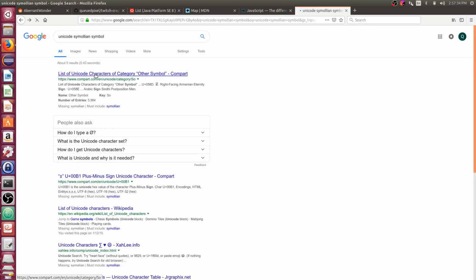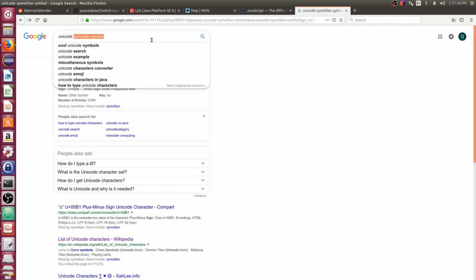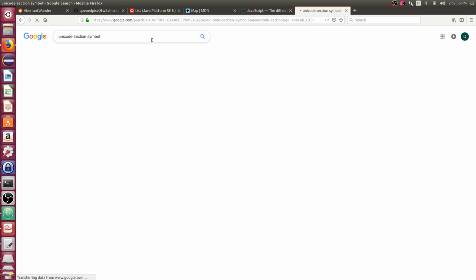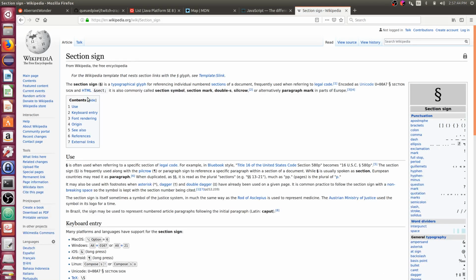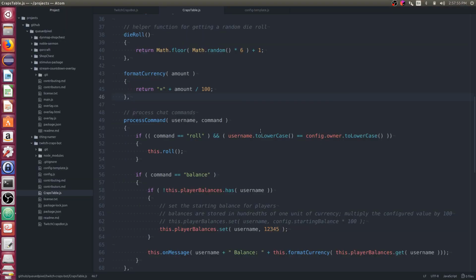Or is there maybe a section header, Unicode section symbol? Ooh, yeah, I think that might look good. Let's try this. It's not a currency sign, but it looks close enough to a dollar sign that I think people will get the point, and I think it'll look better than that weird symbol I've been using.